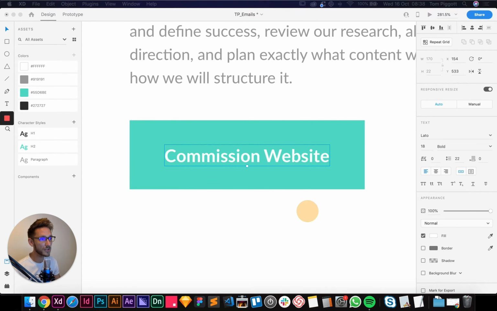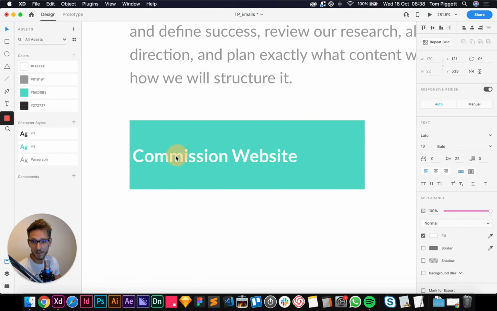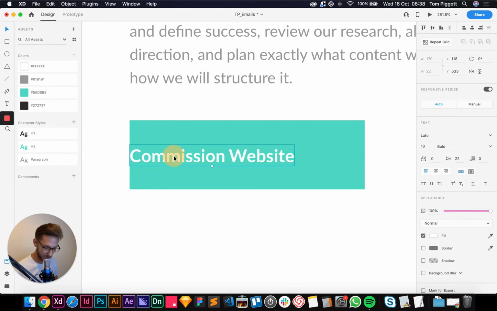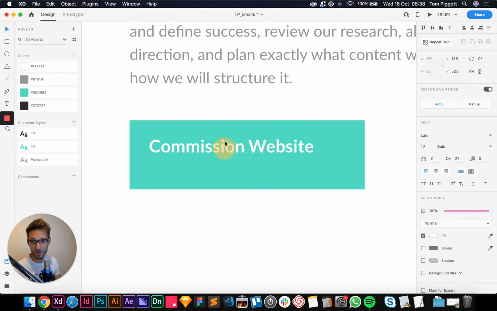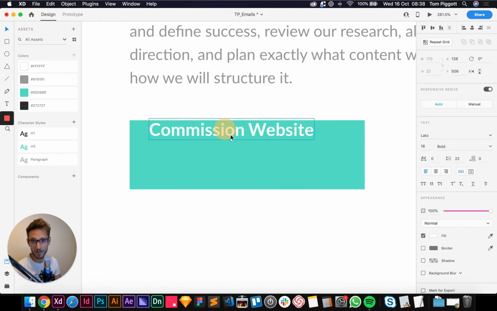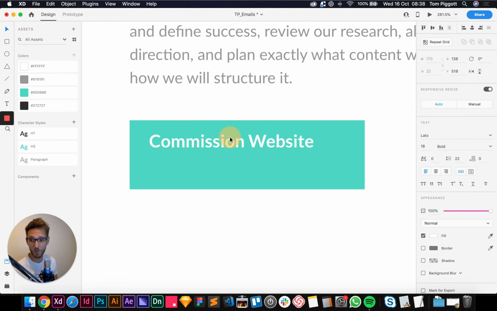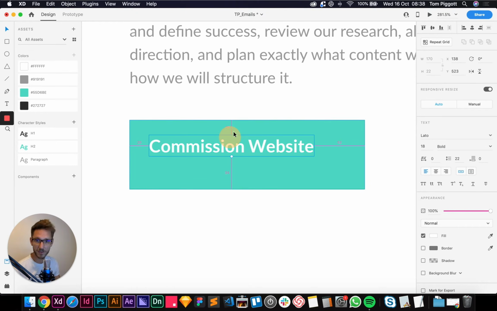But what we actually want to do is, I want it to have 20 at the left and right and 15 at the top and the bottom. So if I drag this over here, it will snap. I can hold Shift and use my arrow key, press it twice, and I know that's moved it 20 there. And same from the top, I want it 15 from the top. So let's get it to snap at the top. I'm going to press Shift and down once, and then let go of Shift. 2, 3, 4, 5. If I hold Option, I can see I've got 15 and 20 there.